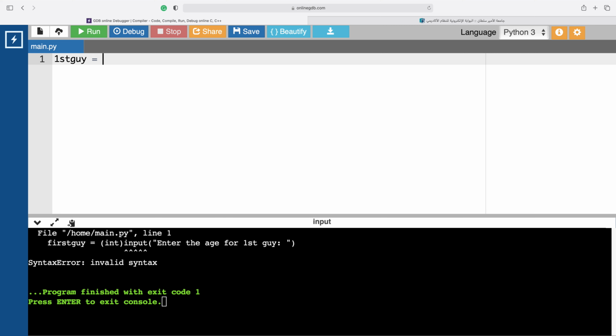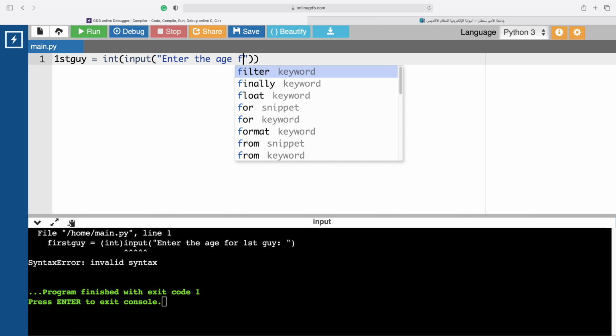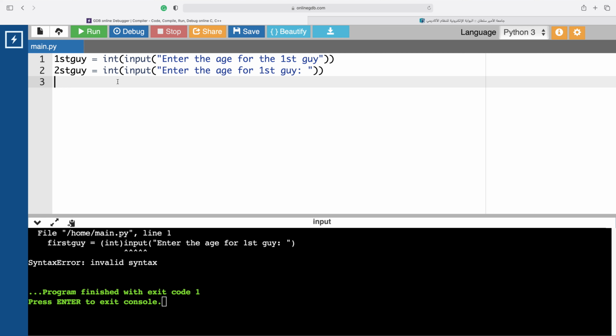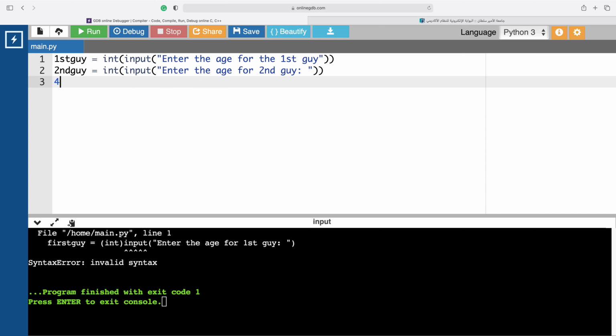And then we say equal to, and obviously we need age in integer, so we get an input, and then we say we need an input in an integer. We want to say enter the age for the first guy, right? And then we define the second variable, and we say enter the age for second guy, right? Like this, and the second guy, okay,